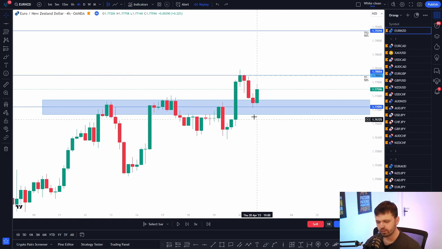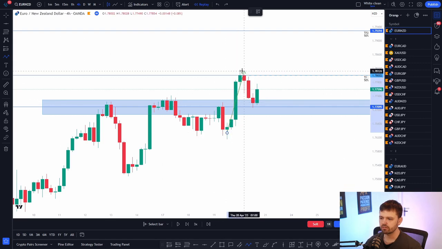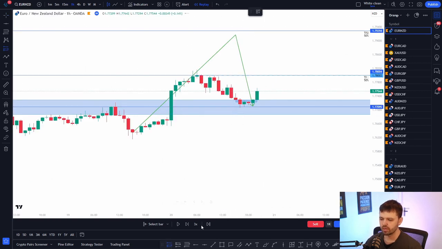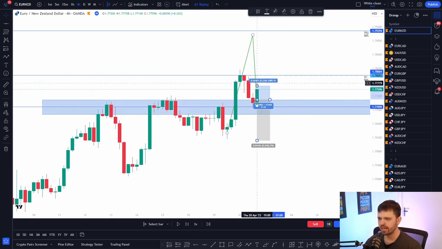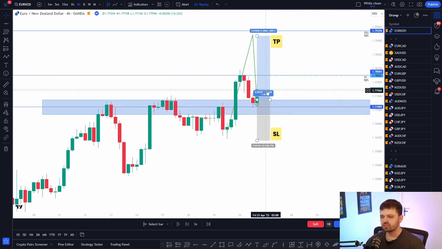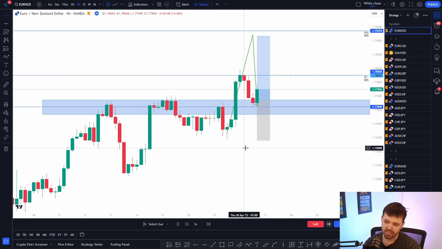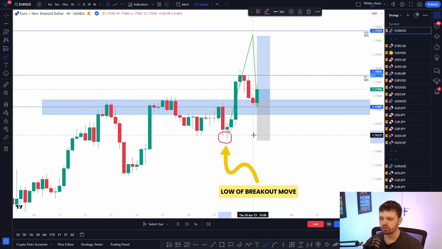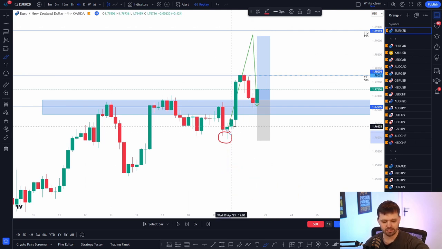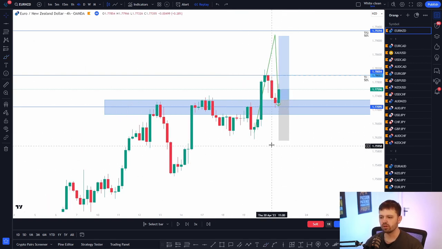Now, remember, we're going to be looking at more examples, but imagine that you have a trade that goes like this all the way up here, and then you get the retest. Now, if you can place your stop loss, I'm just going to go down to the 1 hour to see where the confirmation candle was. What's down here. Now, if you can place your stop loss below this low, then that is the way to place it, okay? If that gives you a good risk to reward and kind of makes sense from a technical perspective, using the low of the move that broke the level is always going to be the best level to place your stop loss,